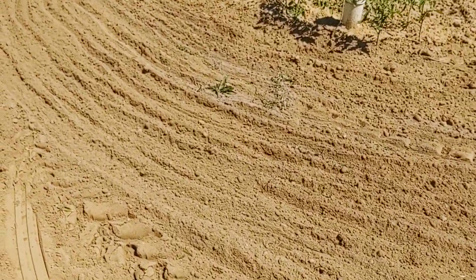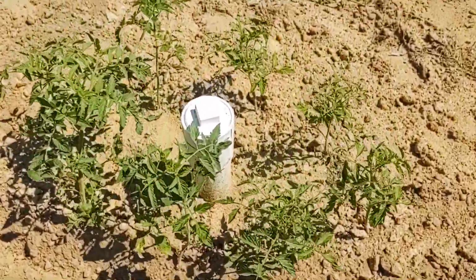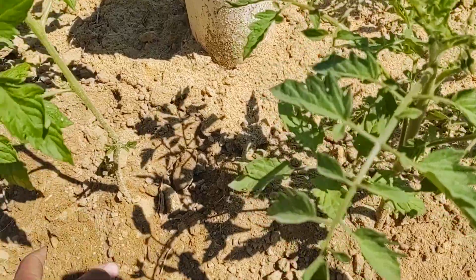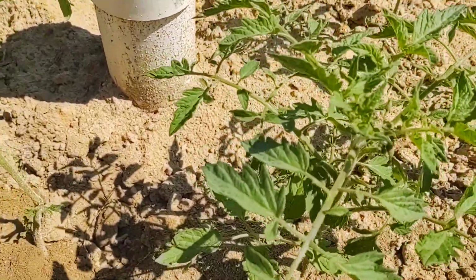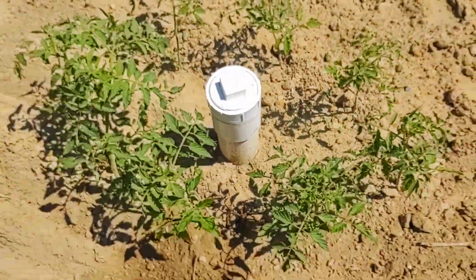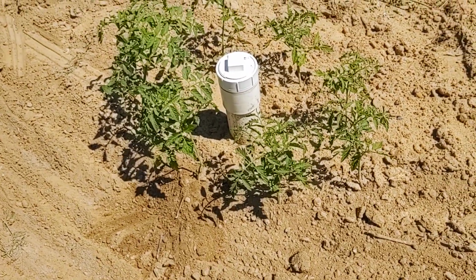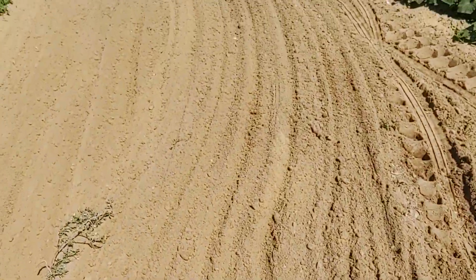As you can see, I'm going to try to use every bit of space I have for gardening. This right here is on top of my septic tank. Nothing's ever been planted around it. I just put it there because it's space that I wasn't using, so I just planted some tomatoes around it. So then we go back to the rest of